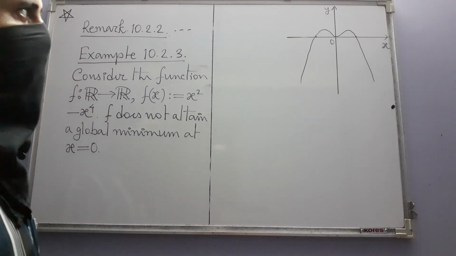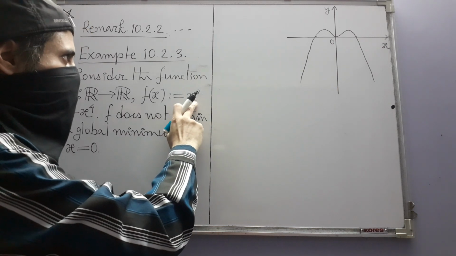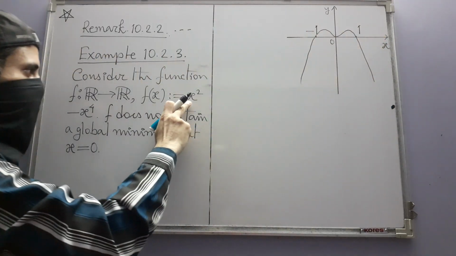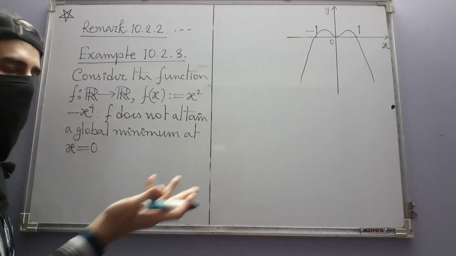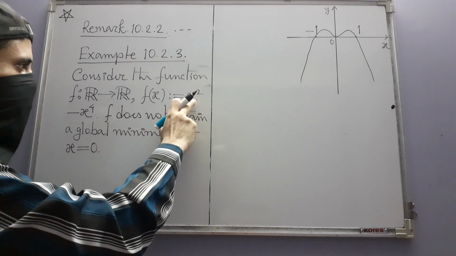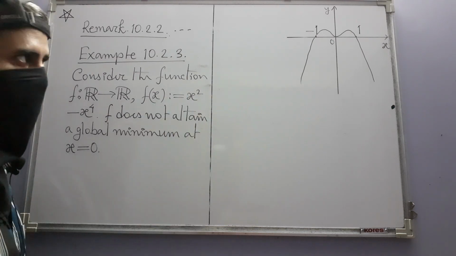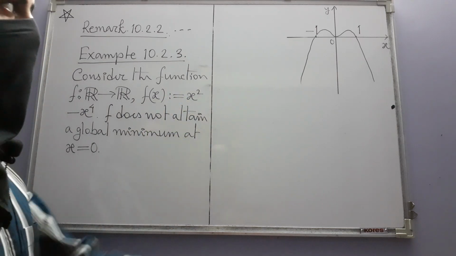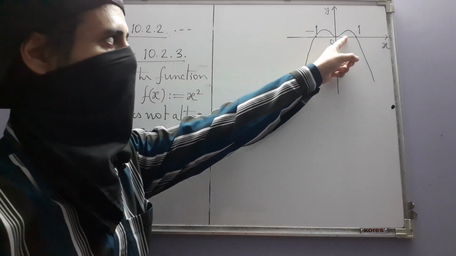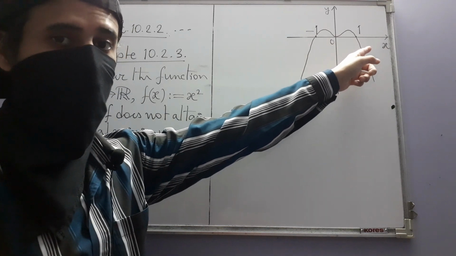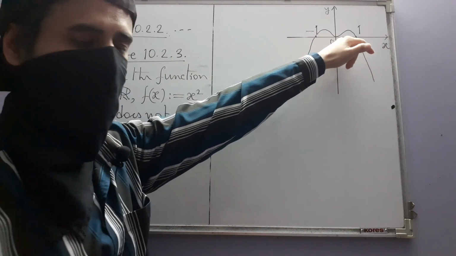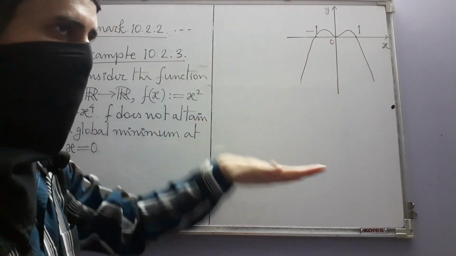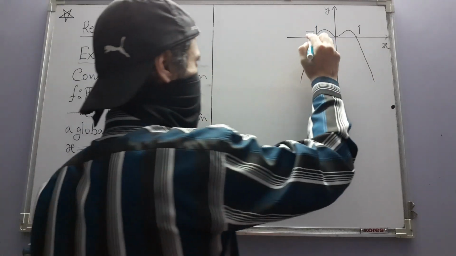You can see why that happens. When you put, say, this is minus 1, this is 1. If you put x equal to minus 1, you are getting 0. If you put x equal to 1, then also you are getting 0. And if you put x equal to 0, then also you are getting 0. Which is why the graph touches the x-axis, crosses the x-axis. Here at the point 0, you can say that it does not cross the x-axis, but it touches the x-axis. At these 3 points,